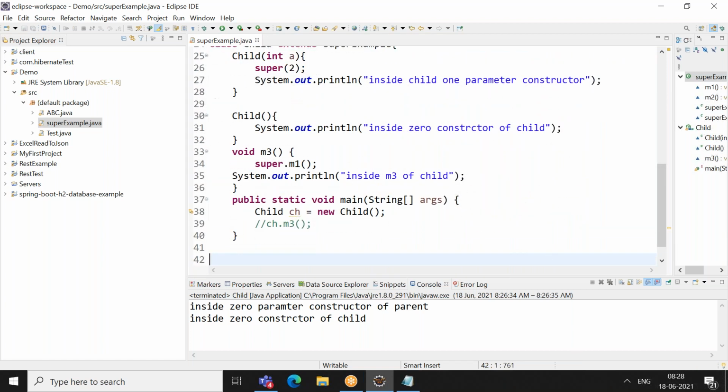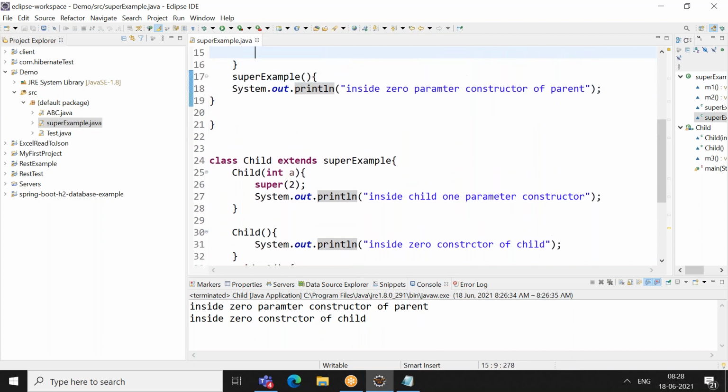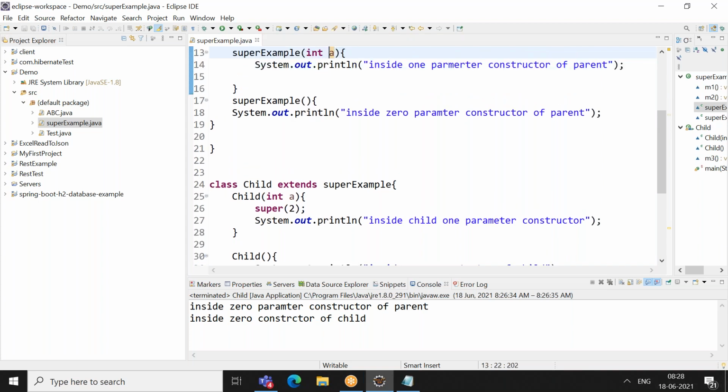So what happens? We are creating an object of the zero parameter of the child, right? By default, it will call the parent class zero parameter constructor and try to create an object, right? Because we are not providing any super call, by default it will call the parent class zero parameter constructor and try to create it.